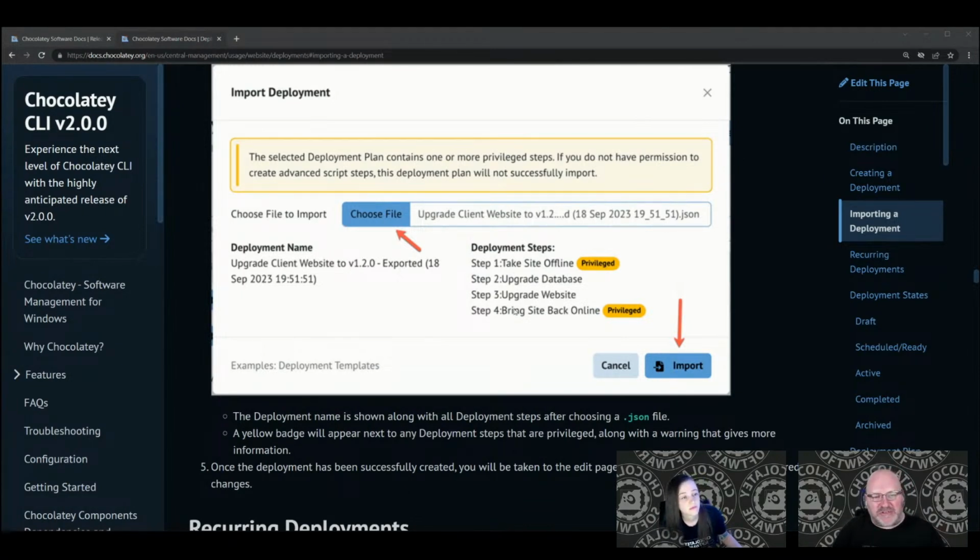What it actually shows you is the deployment steps that you're importing as well. And it goes through those individual steps. So in this one, obviously, is take site offline, upgrade database. So you know what you're getting. You also know that the deployment plan that you've selected is the correct one because it's got those